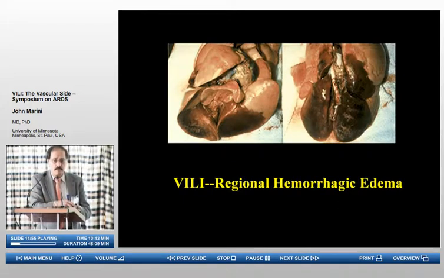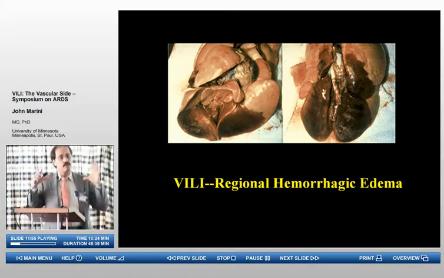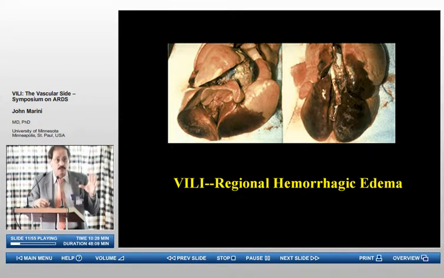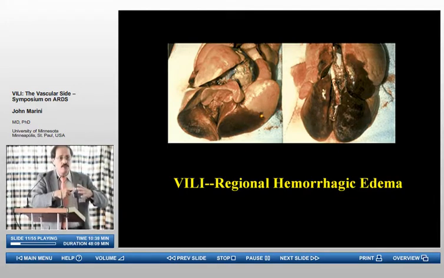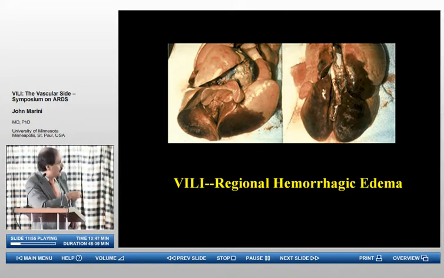In our own experiments in large animals, we found a very peculiar thing when we applied only high inflation pressure and low PEEP. What did we find? We found that the most stretched areas were hardly injured at all at the end of 4 to 6 hours. This is the heart in the center of this heart-lung block taken out of the large animal. And you see that the areas which are most ventral, most likely to be overstretched, are actually the best preserved. Whereas,